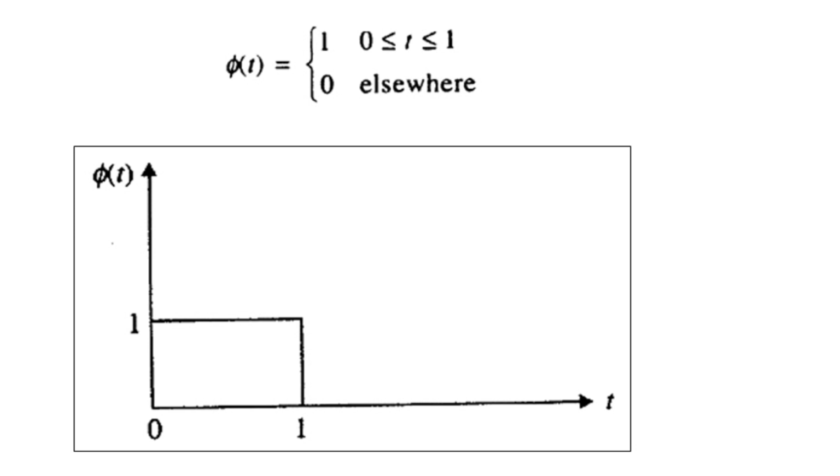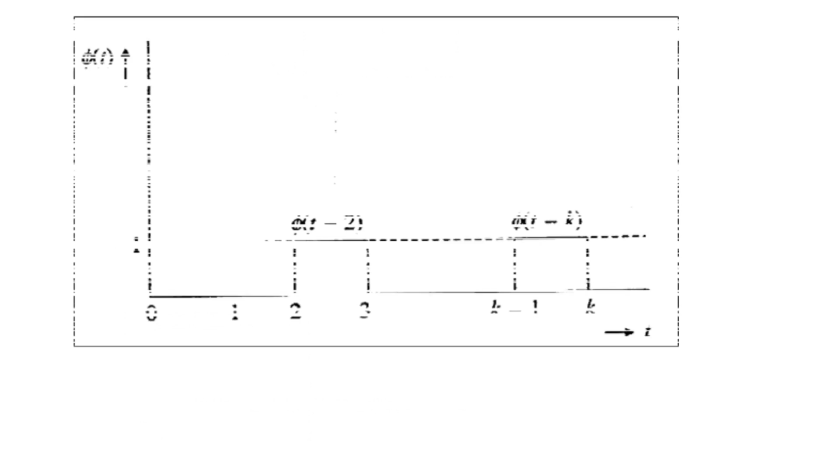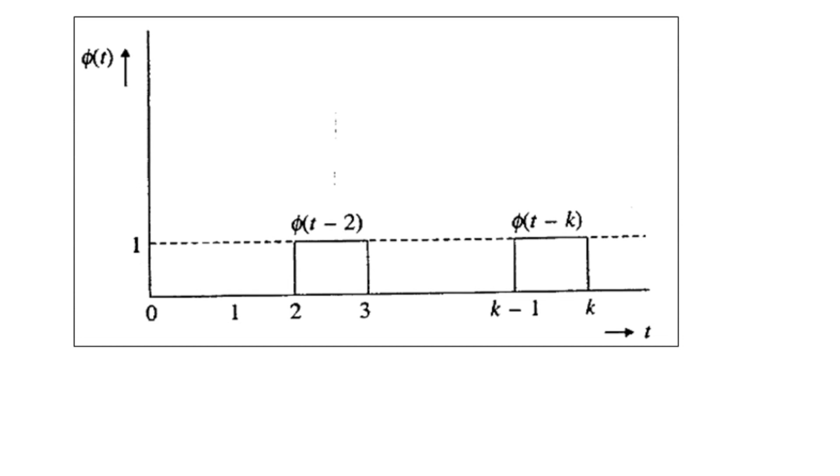Now let us focus on the first term of the title, that is translation. Whenever we have a shifting of the scaling function, as we have shown on the earlier slide, and the shifting is made onto the time parameter, the time axis, we get the translated versions of the Haar scaling function. So originally the Haar scaling function, denoted by phi of t, when we shift it by 1 unit onto the right hand side, will have a constant amplitude for the time duration 1 to 2, so we can denote it as phi of t minus 1.